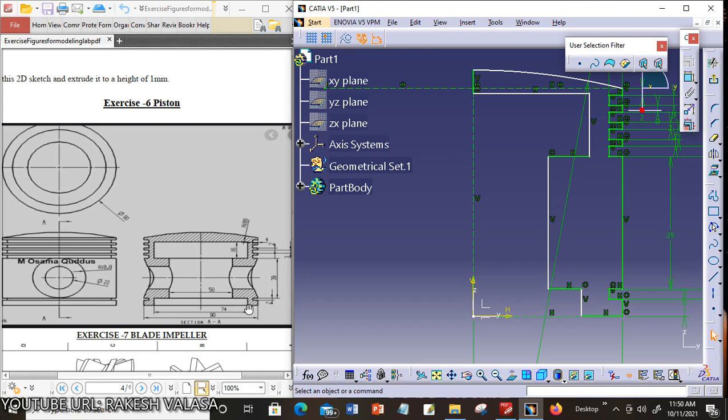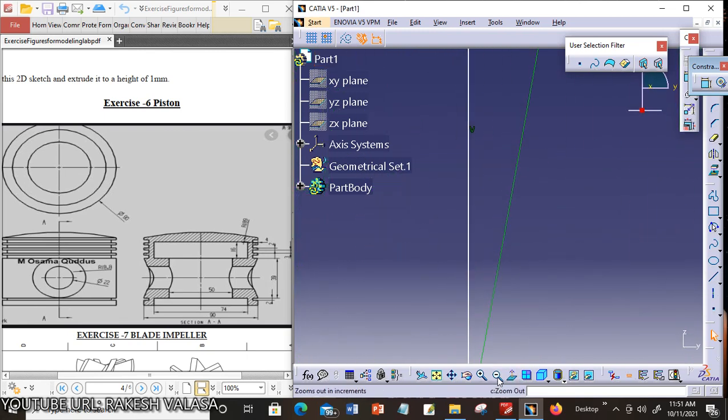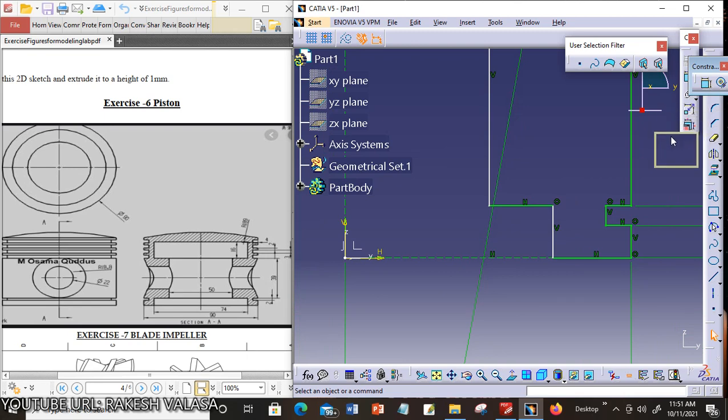The distance between this vertical axis and this vertical edge is 74 by 2, that is 37.